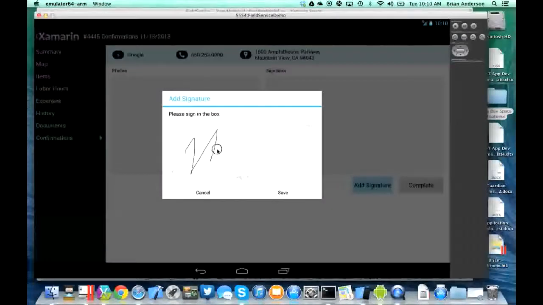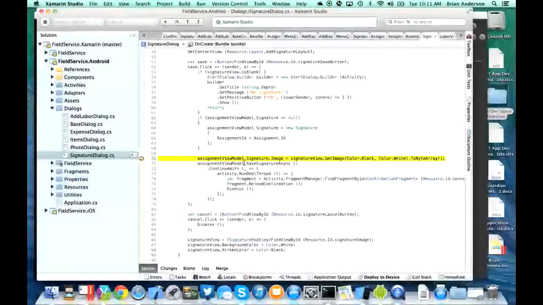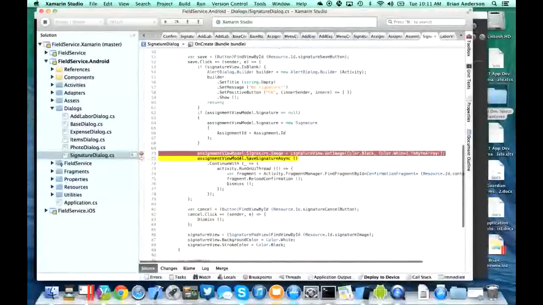Now, here's another nice example. There's a component store. Xamarin's built this idea of components, so you can pull down things like this signature pad. Somebody else already wrote it. I just plug it in, and I can take advantage of it. Huge time savings there, instead of having to write this stuff myself or try to find examples. And then if I hit save, I'm getting full debugging support in Xamarin Studio. So this is basically saying, I want to add this to this model. I want to add the image, here's the signature view, get the image, get it in black and white, turn it into a byte array, and if I step over that, then I can go through and debug.